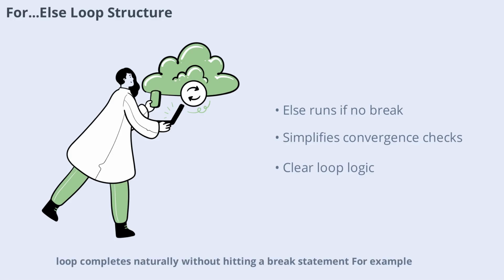For example, when checking for exploding gradients in a layer, if no gradient exceeds the threshold, the else block confirms stability and proceeds to optimization. This structure provides clear, concise logic for handling special cases in AI training routines, making code easier to read and